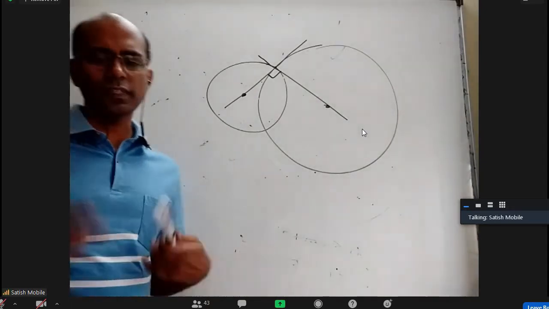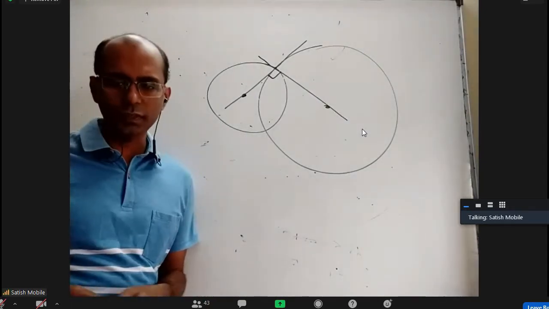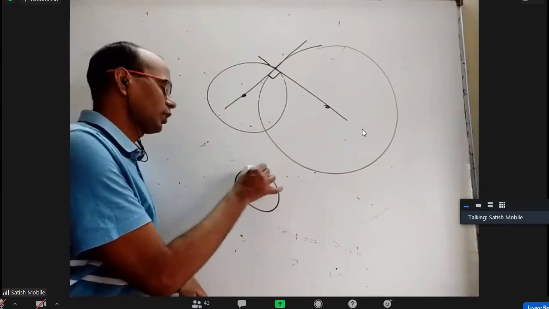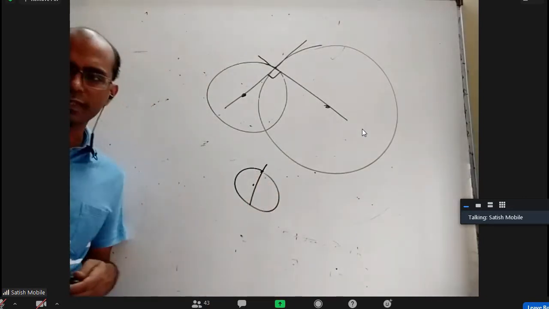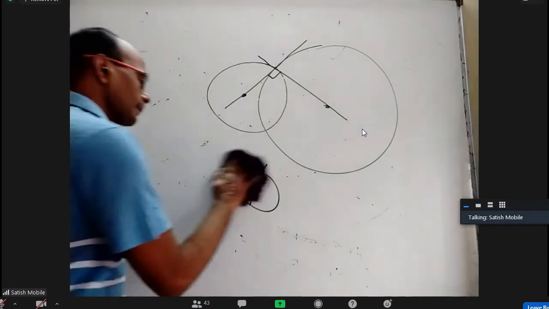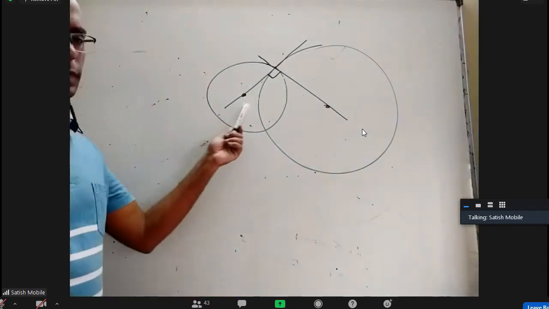Maybe while teaching circle theory, I did not talk about the normal, we only talked about the tangent. That is because in a circle, for any point you take, the normal will pass through the center, so you don't need any separate formula for the normal. Okay, so this is going to be an important point.